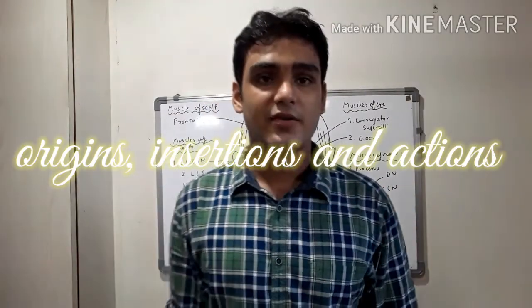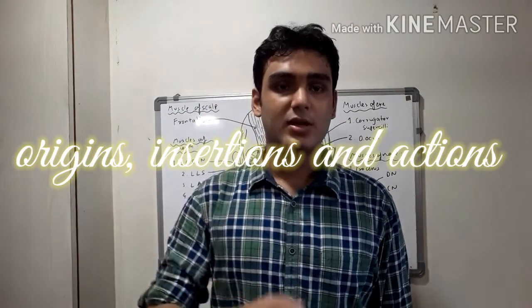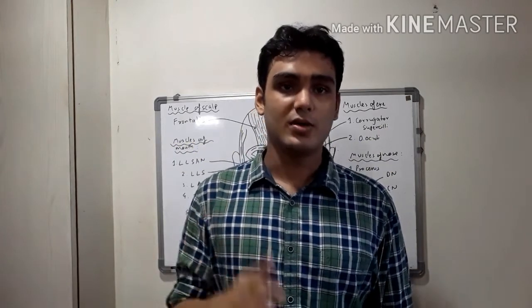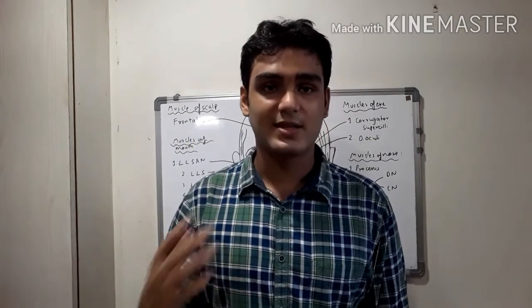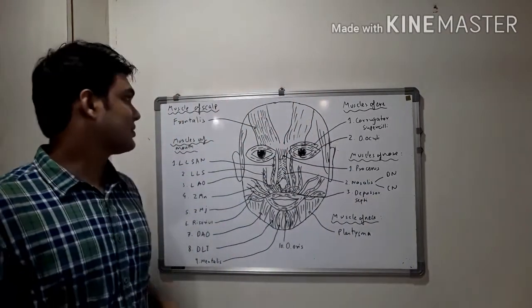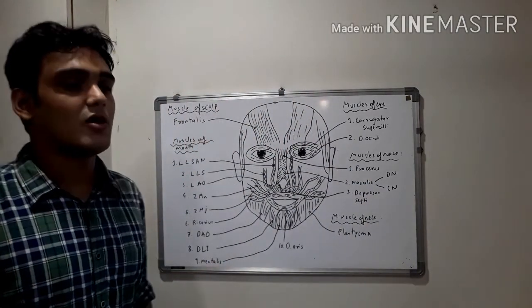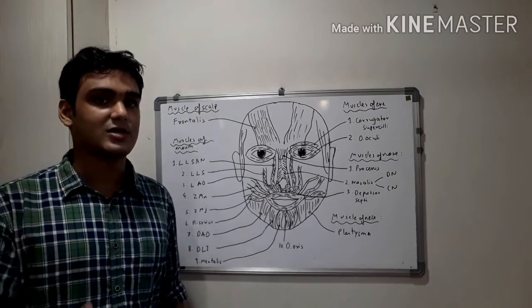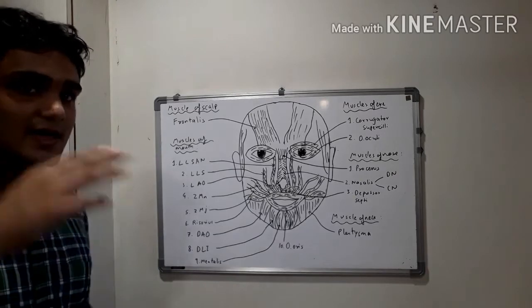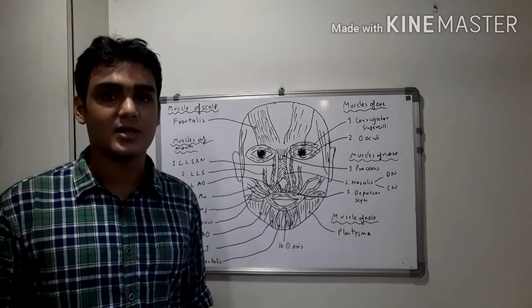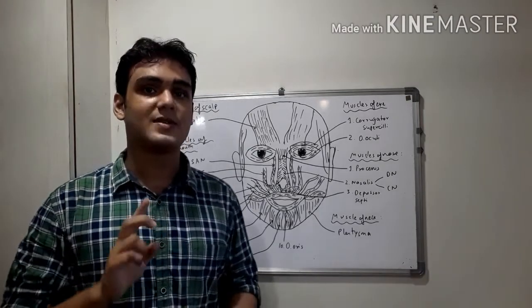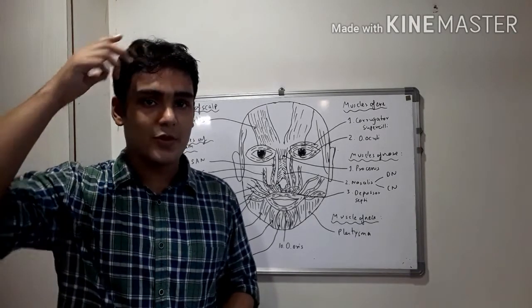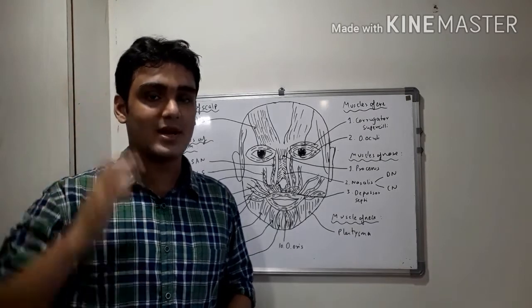So now we shall discuss the various muscles of face and their origin, insertion and actions. So take your notebooks, make 3 columns of origin, insertion and actions, and note down as I explain to you. So firstly, beginning with the muscle of scalp. The muscle of scalp is occipitofrontalis, which has occipital and frontal bellies, known as occipitalis and frontalis. So that is discussed under the scalp. Then we have the 3 auricular muscles: auricularis superior, auricularis posterior, and auricularis anterior. And these 3 originate from the extension of epicranial aponeurosis, the galea aponeurotica, in the superficial temporal region.